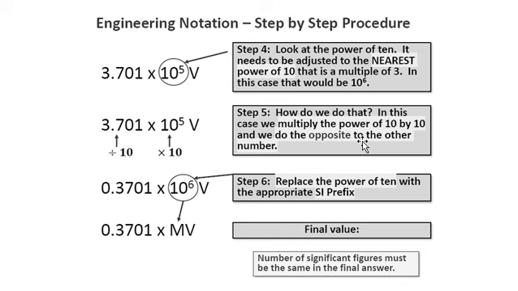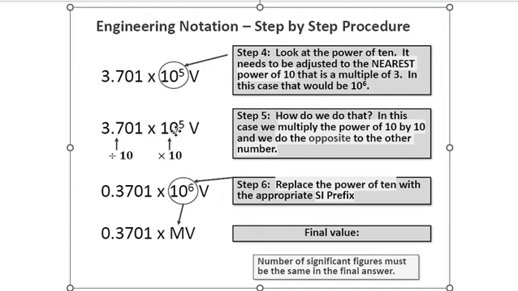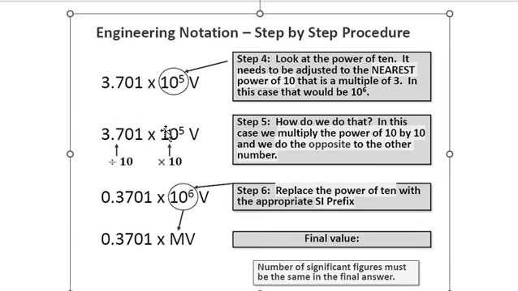Okay, now we have scientific notation, and then we're going to change that into engineering notation. First, we have to get rid of this 10 to the power 5. So we're going to write that down, okay? In order for us to get rid of this, we've got to find the right name for the SI prefix. And SI prefix is based on the 10 to the power 3, right? So therefore, first, we're going to make it